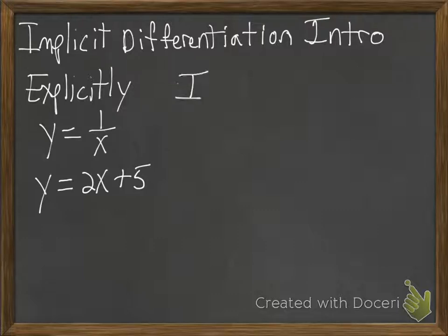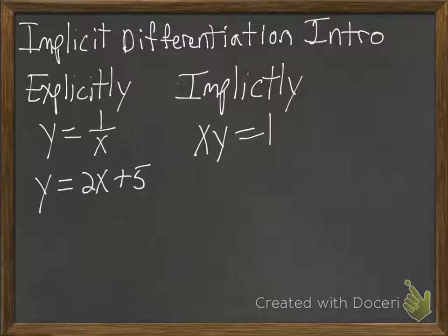Or we could talk about our equations implicitly. So instead of saying y equals 1 over x, we could say xy equals 1. Or we could say 2x minus y equals 5. Now in both of these examples, we're able to